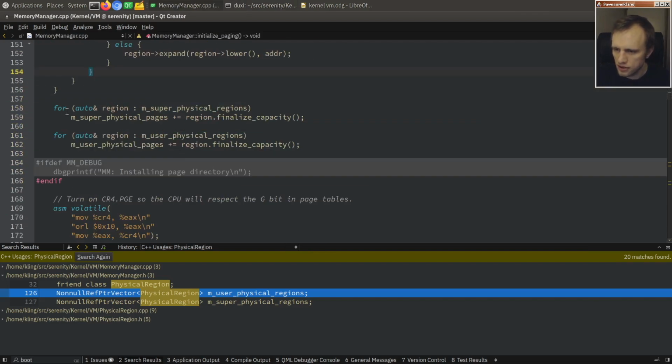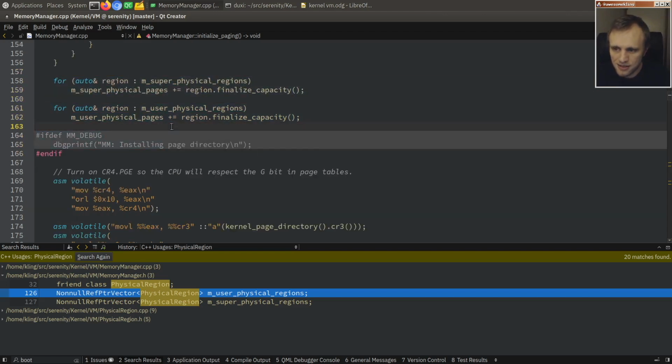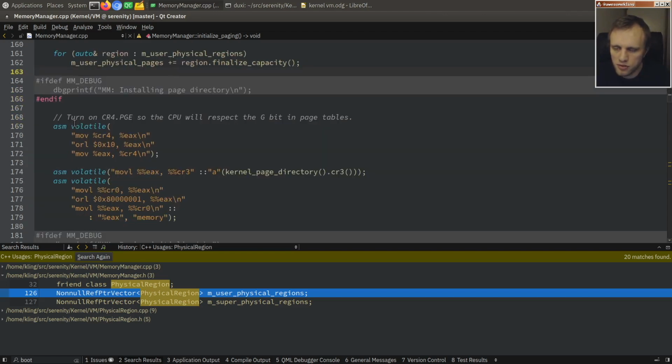So after here, we just count how many of those we found, how many super ones we found, how many user ones we found. And after that, we are basically done. We're ready to rock. So here we turn on this thing called,